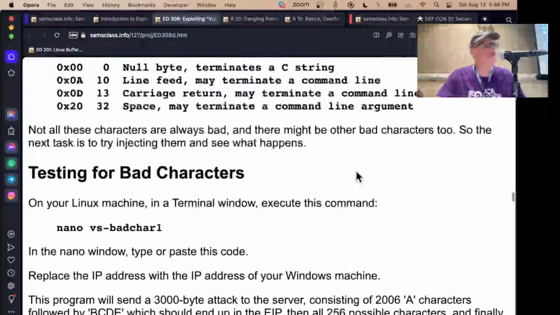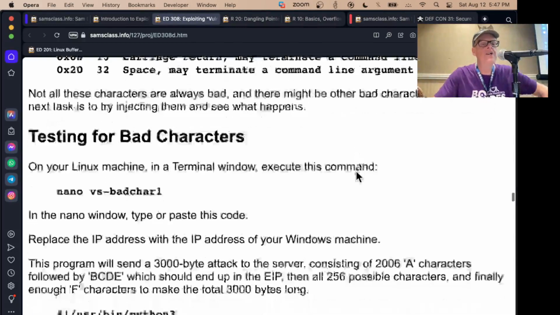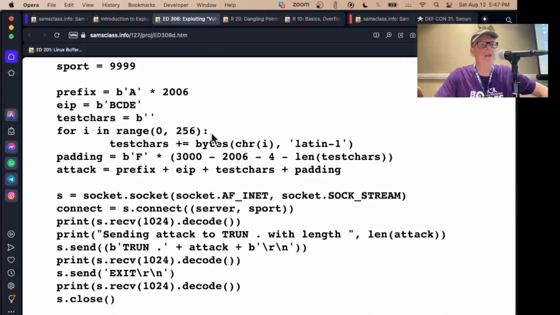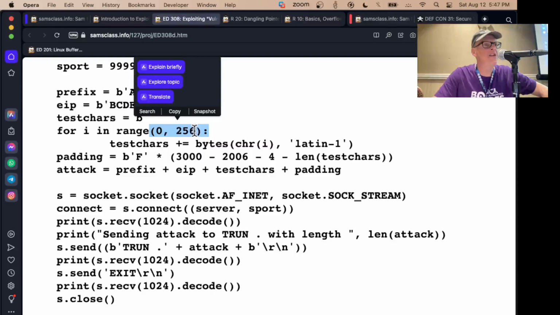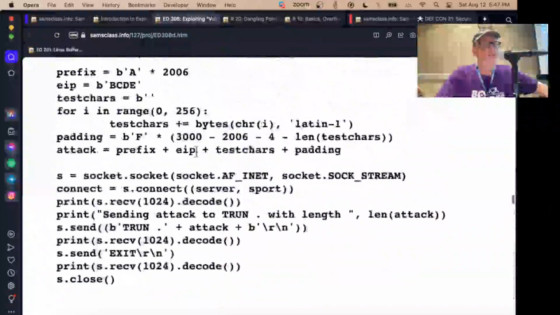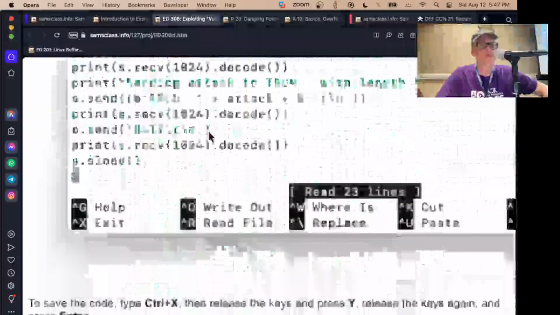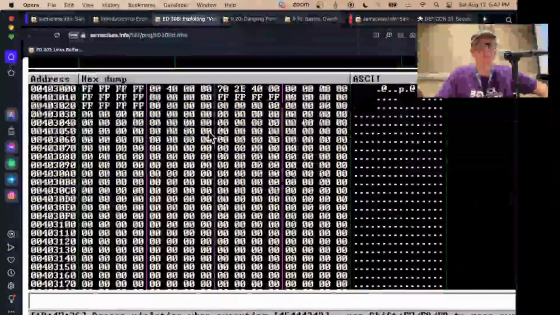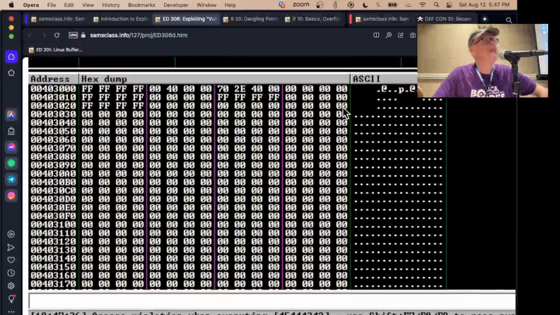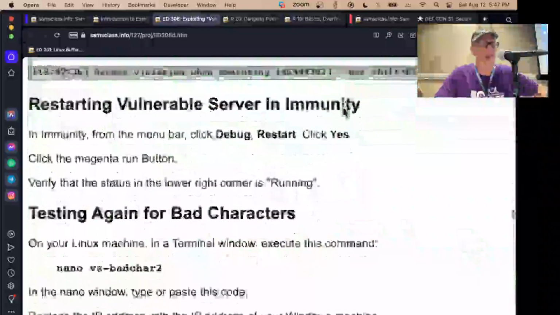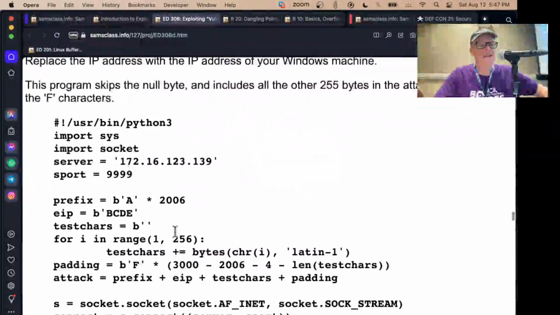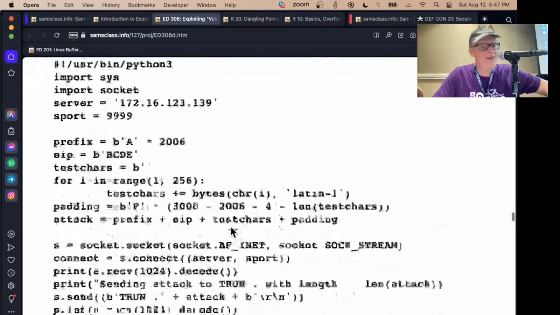But then there's the issue of bad characters. Remember, some characters will break the string, like null bytes and tabs and carriage returns and so on. So you have to check for bad characters by just making something that will send 256 bytes, every possible byte, to the server, and then you see if it gets there. And if you just send the bytes from 0 through 256 and look in the RAM, you will find that none of them got there because the 0 terminated it. So you have to quit sending 0 and send it again, where you go from 1 to 256,